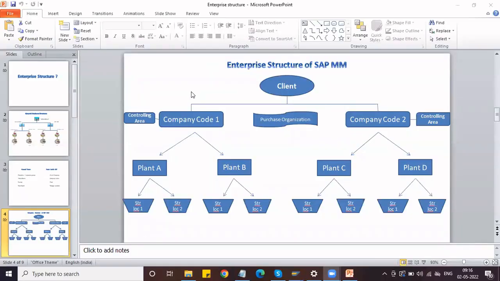See, here you can see the enterprise structure. This is the structure of MM. Initially, what we need to define,